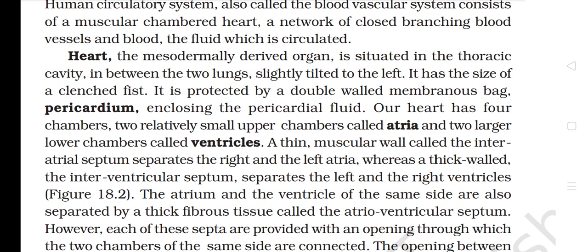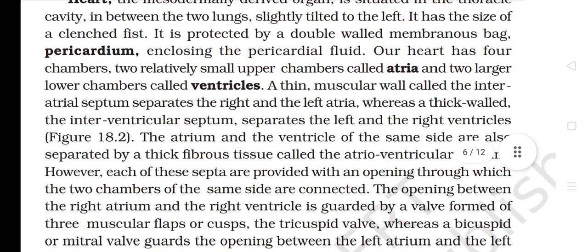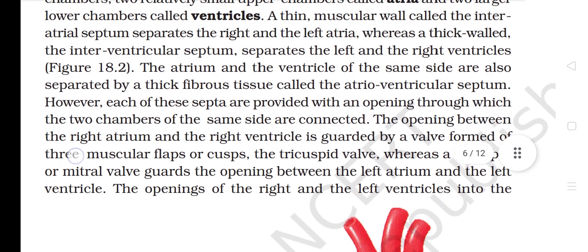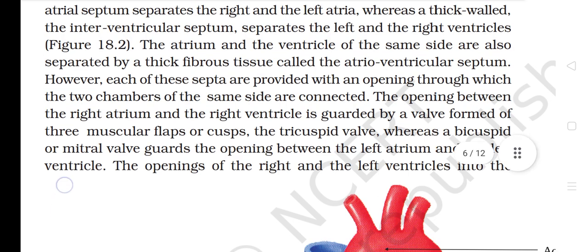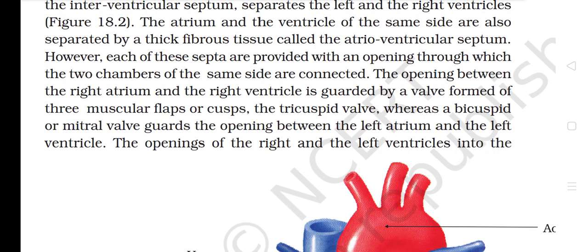Our heart has four chambers, two relatively small upper chambers called atria and two larger lower chambers called ventricles. A thin muscular wall called the interatrial septum separates the right and the left atria, whereas a thick wall, the interventricular septum, separates the left and the right ventricles. The atrium and the ventricle of the same side are also separated by a thick fibrous tissue called the atrioventricular septum. However, each of these septa is provided with an opening